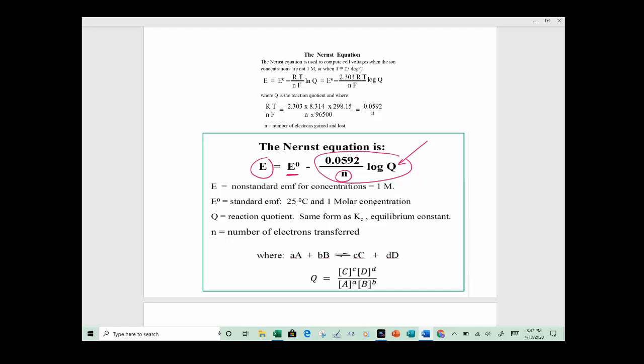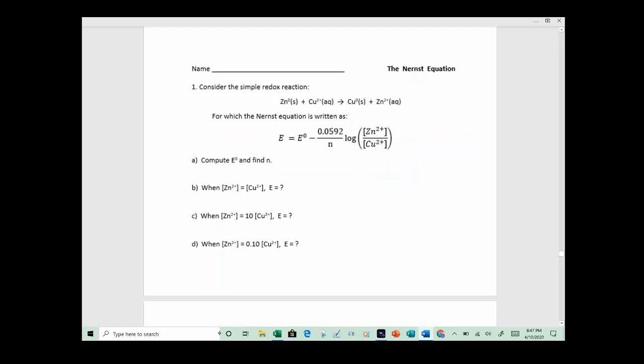This 0.0592, you don't need to know where it came from, but it comes from this equation up here. It's RT over F. We're going to do all of our experiments at 25 Celsius or 298 Kelvin. So T is 298, R is 8.314. To change ln to log, we multiply by 2.303, and we divide by F. If we go through that, we get this number here, okay? And then this becomes the Nernst equation. Q for this equilibrium here would look like this, products over reactants. So utilizing the Nernst equation,